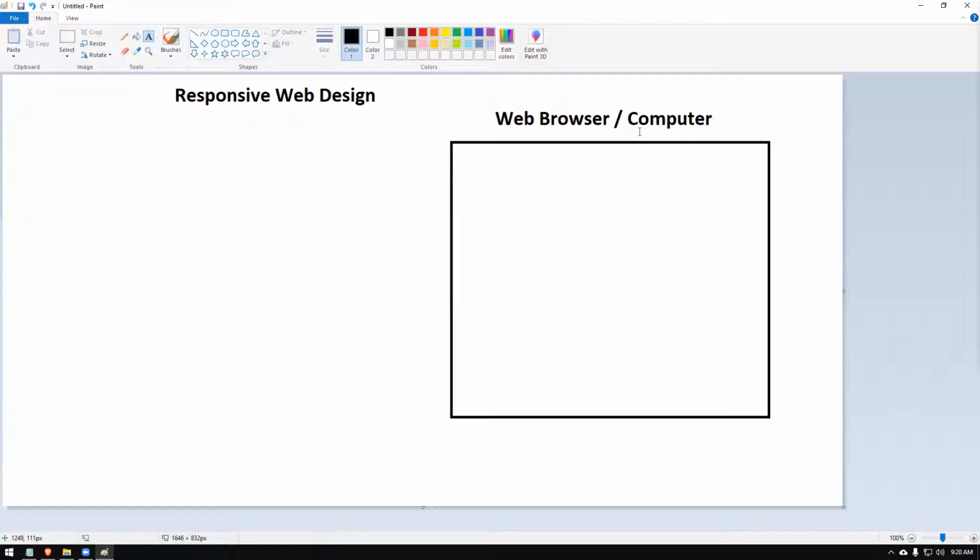And if you compare computers relative to your mobile devices, computers have a larger screen. So the resolution, it has a big screen, right? All right, so computers have a big screen. With the introduction of smartphones, people started to access the internet and web related technologies on their mobile devices.